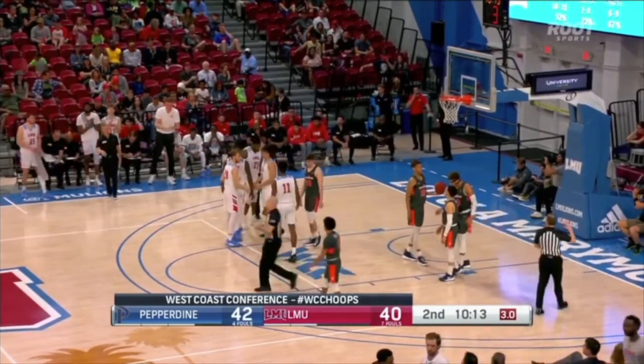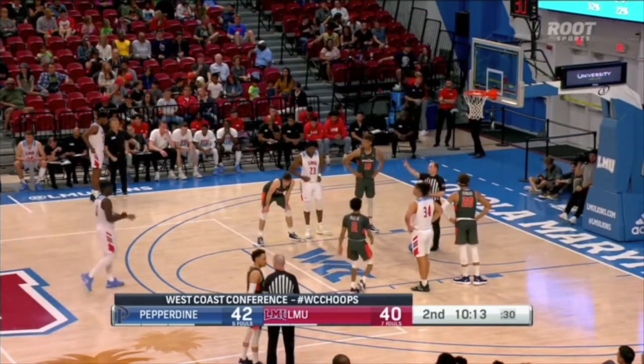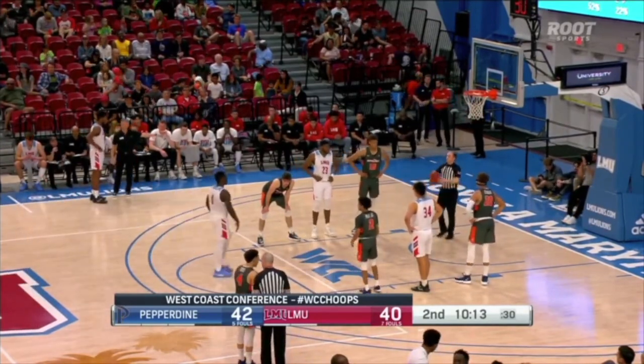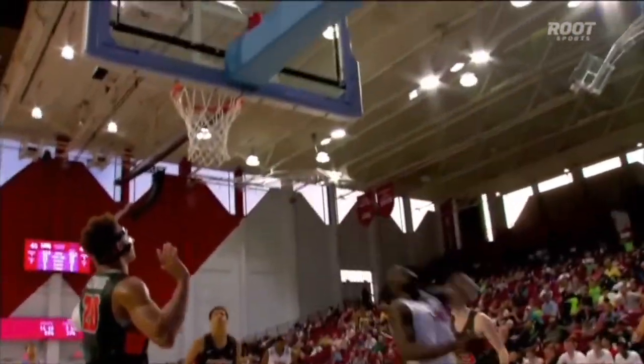What does it say about Pepperdine that with your star not having a good game, you've got the lead? Well, they're a talented team. They're not just Kobe. They got some talented guys. The Edwards brothers are very talented. Skylar Chavez can really shoot the ball, and he's talented. And so they got other guys that are picking it up, and defensively, they're doing a great job in this